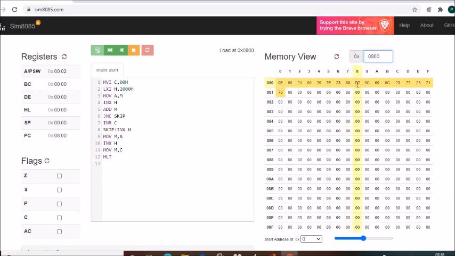Then JNC skip, D2. D2 is the opcode for JNC. This is the skip address 0C00, it will skip to this address.